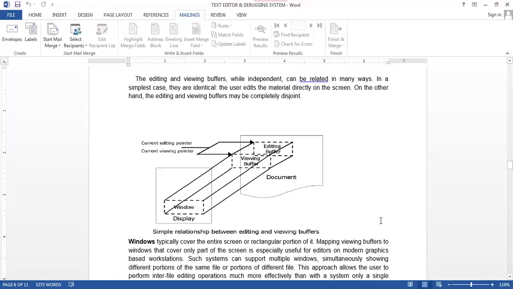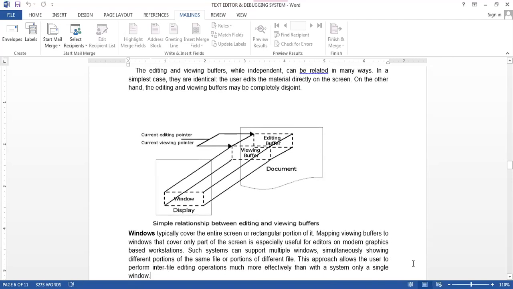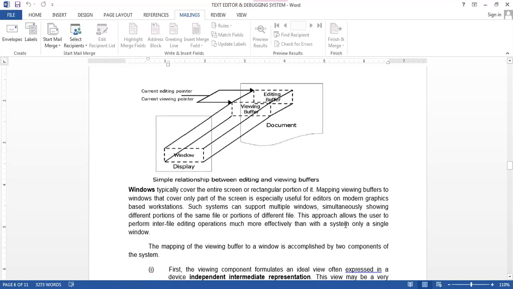A window typically covers the entire screen or a rectangular portion of it. So in the window we will see the entire screen. Mapping the viewing buffer to the window covers only part of the screen, which is especially useful for editors or modern graphic-based workstations.